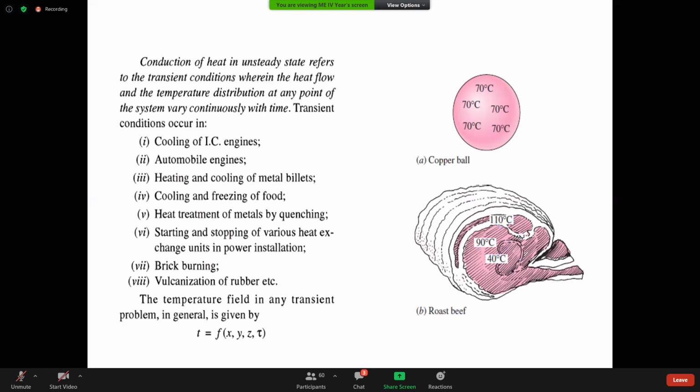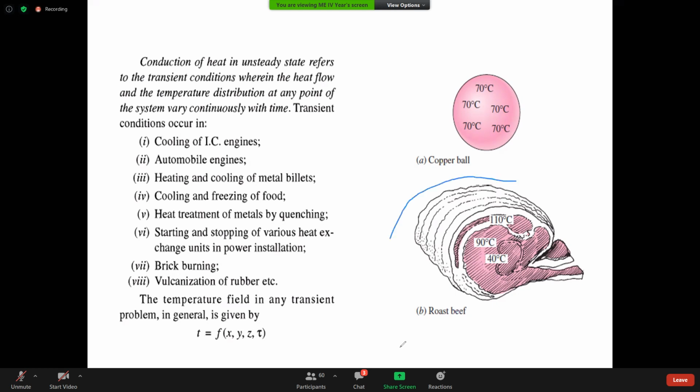Even if you take your normal veg puffs or whatever it may be, when he puts it in the oven and gives it to you, the entire surface temperature won't be the same. The outside surface temperature may be different, and another surface temperature may be different. In such cases, we don't go for the lumped analysis. The lumped analysis is only for uniform change in temperature or uniform change in properties of that entire system with respect to time. That is called the lumped analysis.